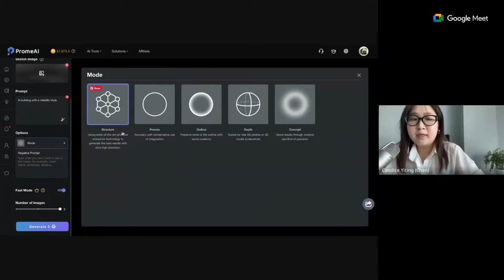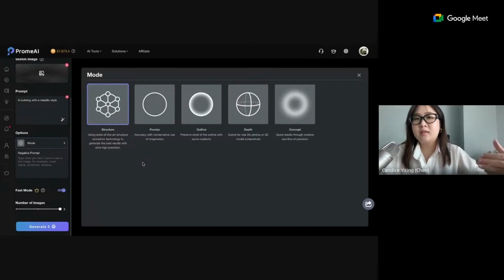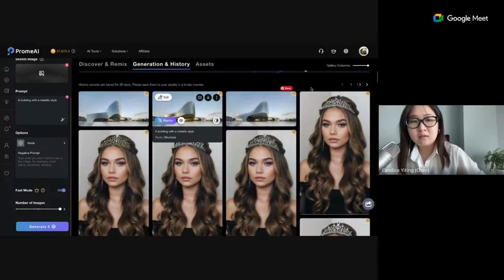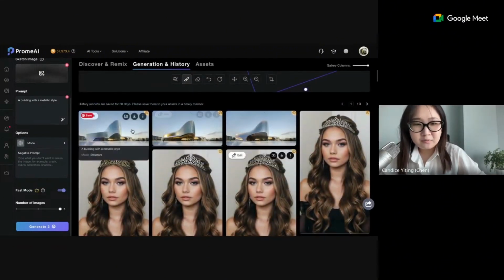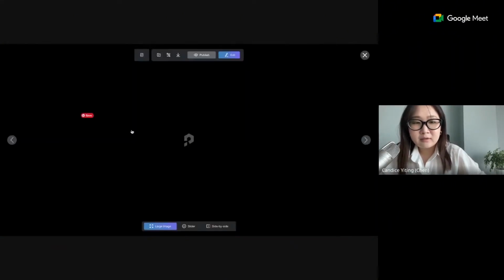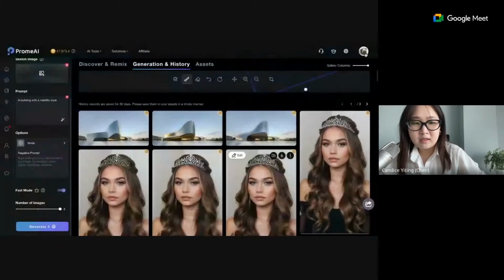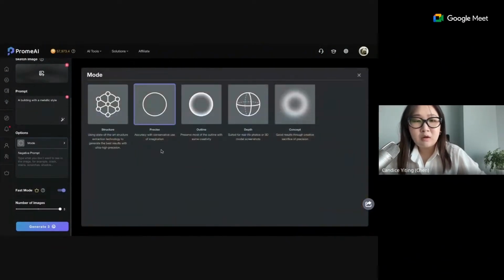The structure mode is actually focused on the structure detecting of the input image. Yeah, it will change the format, the shape of the building. So if I choose the precise mode,